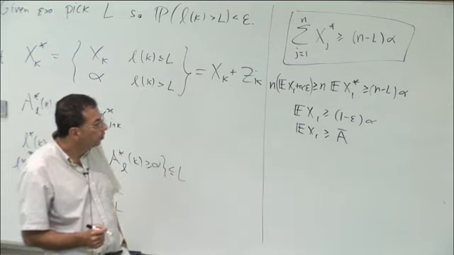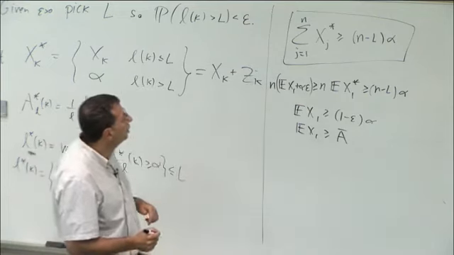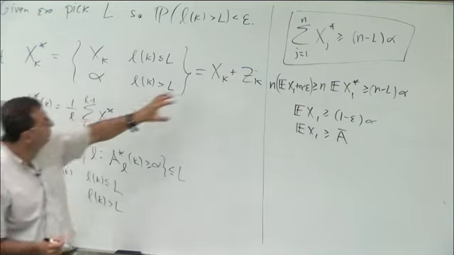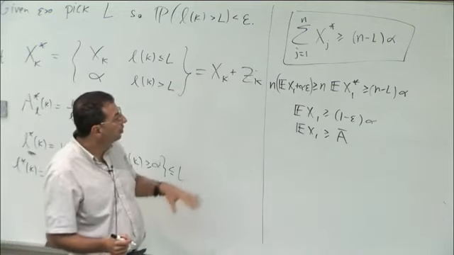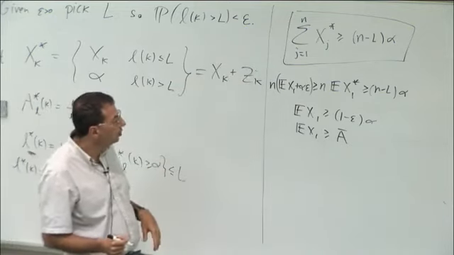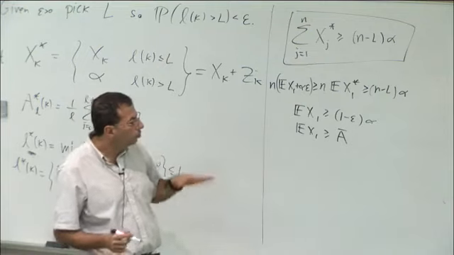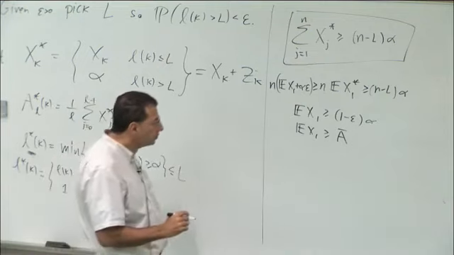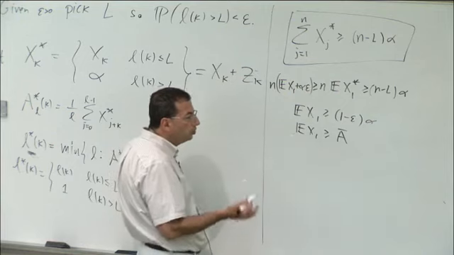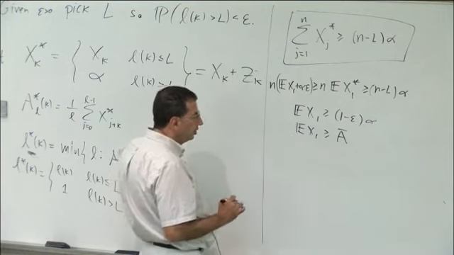is bigger than a bar. So now, in order to go back, notice that the x star has two pieces, this x and this z. So let's make sure we can control the z's well. And for this, we're going to use what we've already proved for the process x. We're going to use it for the process z. So,